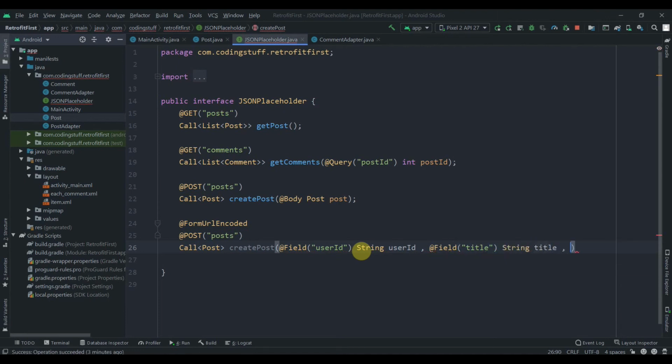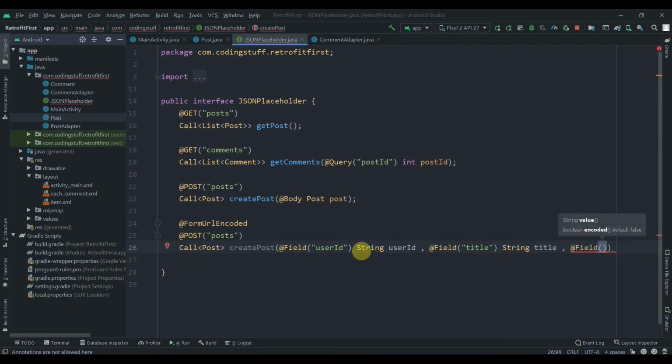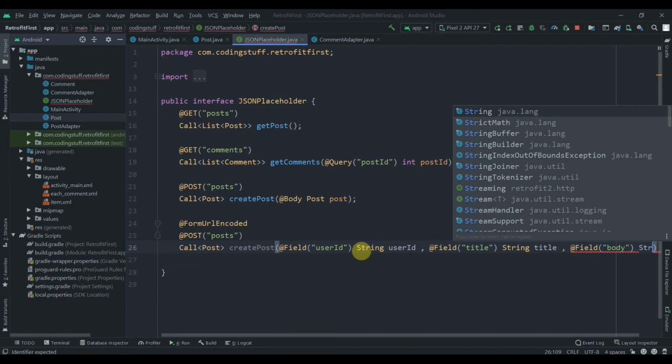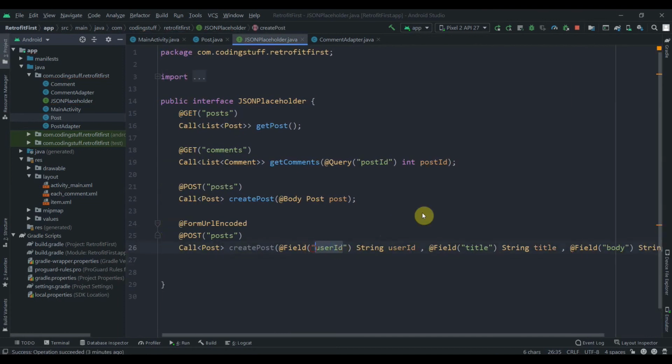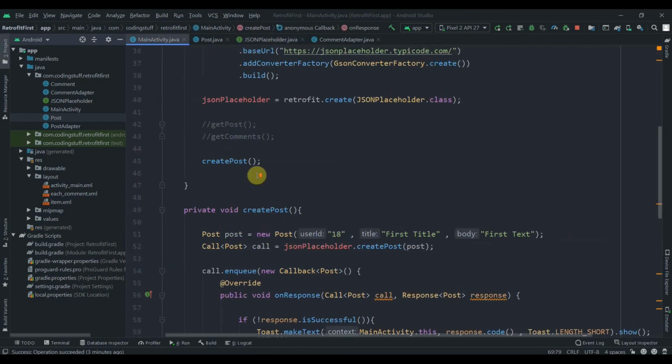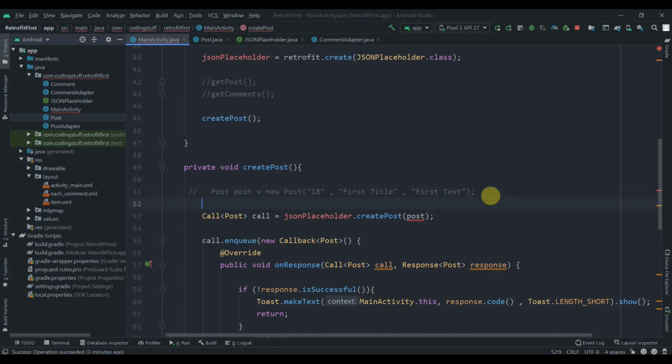And lastly annotation field body, string text, and then a semicolon. This key should be exactly the same as it is in the JSON file. Now in the main activity we'll comment on this, and instead of passing post here, we'll pass some different data.